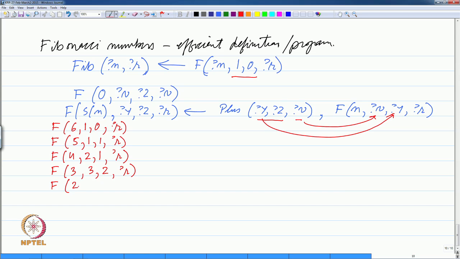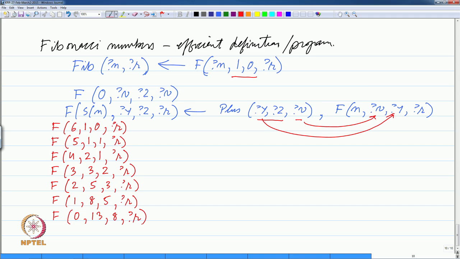Then we will go to the call with 2. So, 3 plus 2 is 5 will come here and the larger of them will go there. Five plus 3, 8, and 5 will come here. Eight plus 5, 13, 8 will come here,